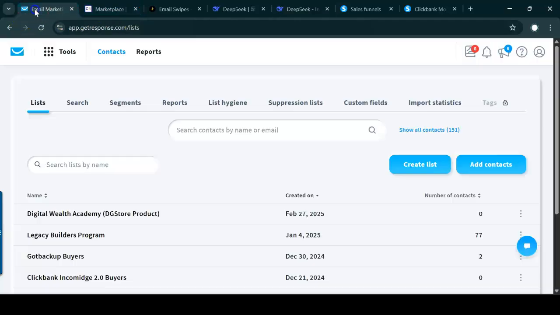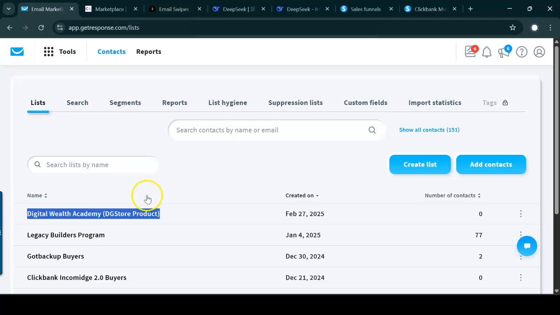If you come to my autoresponder, you could see that I have a list called Digital Wealth Academy. It's a Digistore24 product. It's a high ticket product, and I wanted to create emails for this product. I didn't know what to write because they don't have a JV page, and I'm not subscribed to all these top internet gurus at this current moment because I can't be bothered. But I want to write these powerful, highly engaging emails. So guess what I did? I went to DeepSeek. I told DeepSeek to do the heavy lifting for me.